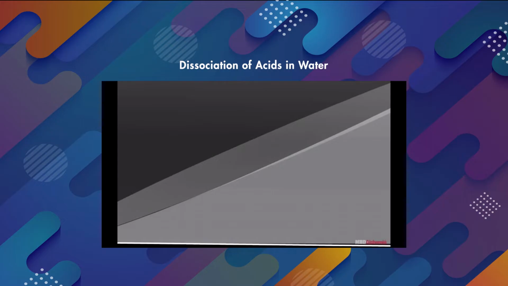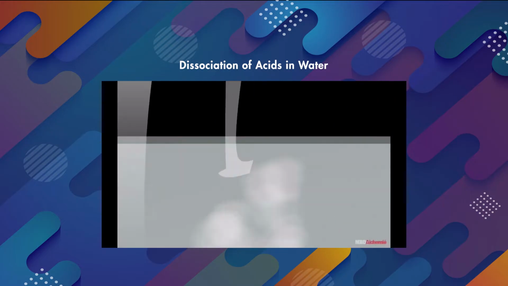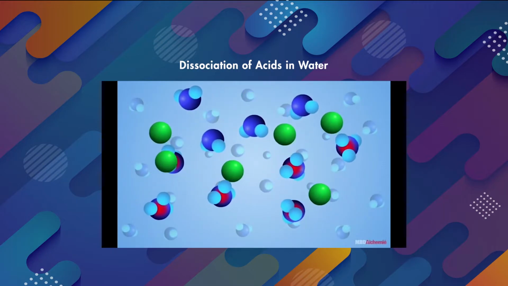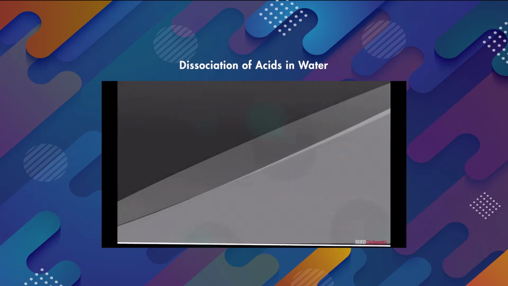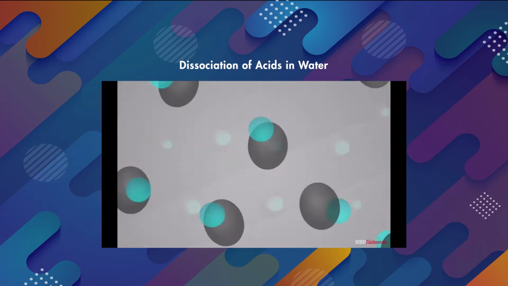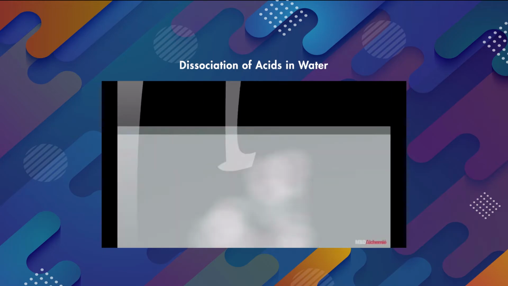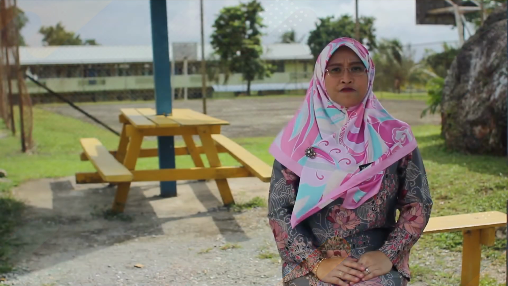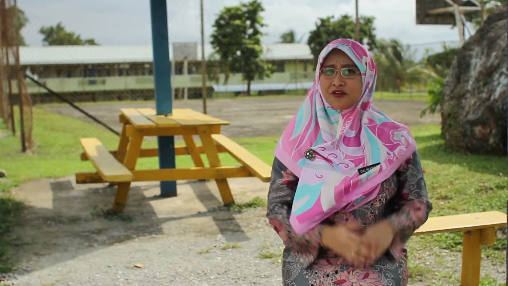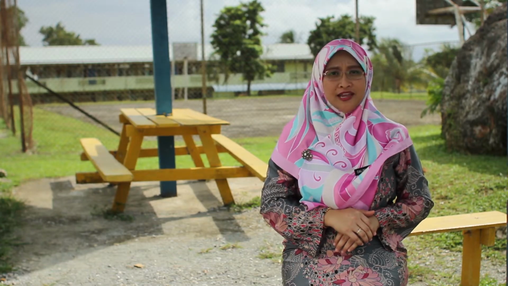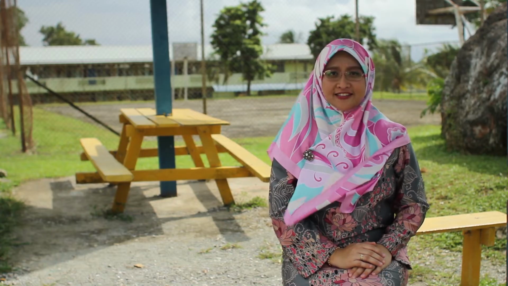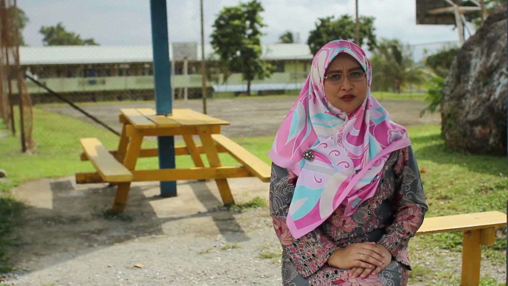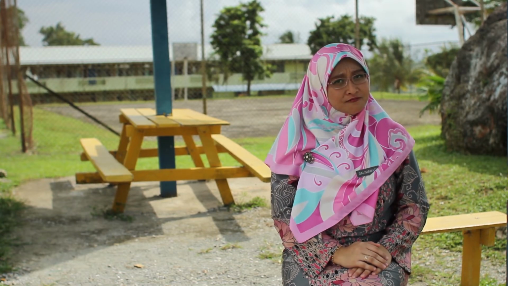In the case of strong acids, as dissociation of acid is complete, a large number of H3O+ ions are released. However, in the case of weak acids, as dissociation of acid is incomplete, only a small number of H3O+ ions are released. From the animation, you have learned the relationship between the presence of water and the acidic properties of an acid. Earlier, you listed down the physical properties of acid. Do you know the chemical properties?